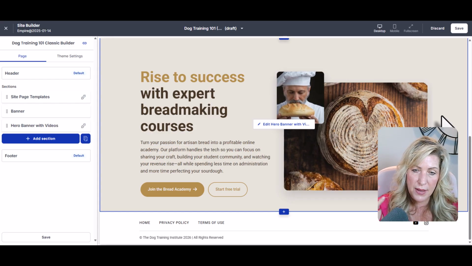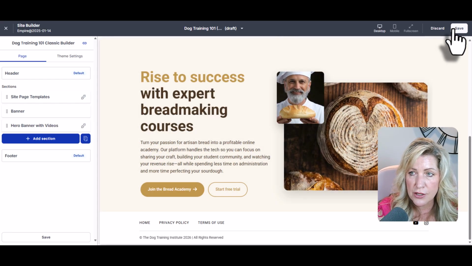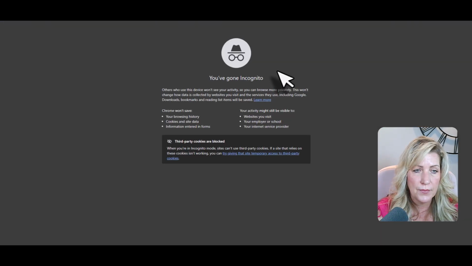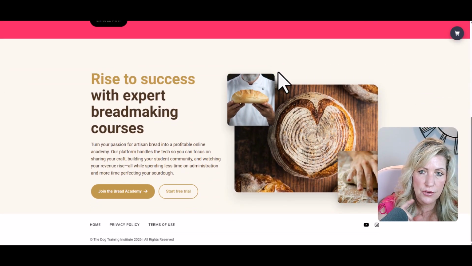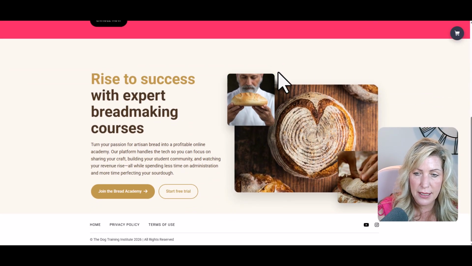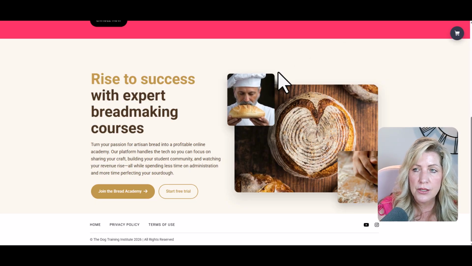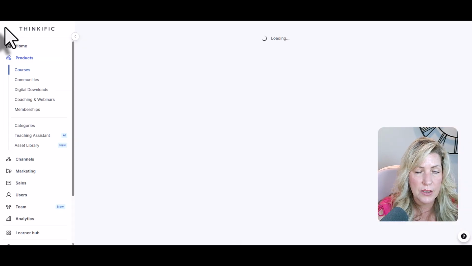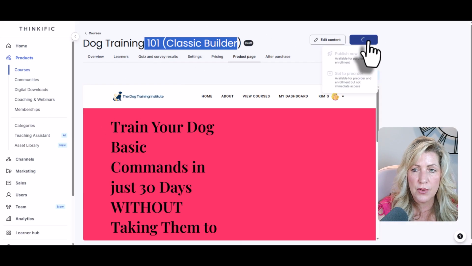All right. So this is basically how we start to build out our sales page. Make sure that you save as you go along. And when you are done, you are going to copy that page link here. We're going to go to an incognito window, pop that in, and we are going to test it. Now, you have to make sure that your course is published and hidden in order for these buttons to actually work. So let's go make sure that our course, so I'm going to get out of Site Builder by using that top X there. So we're back in the course here,